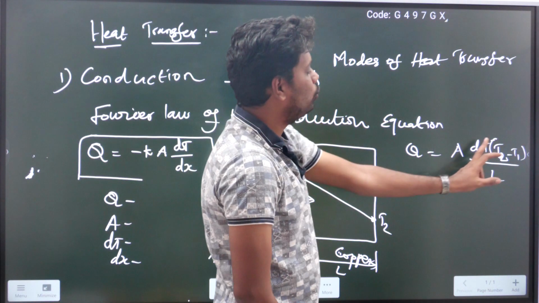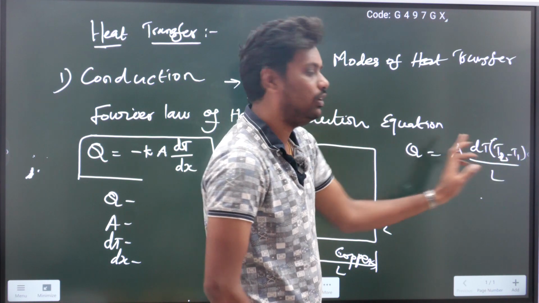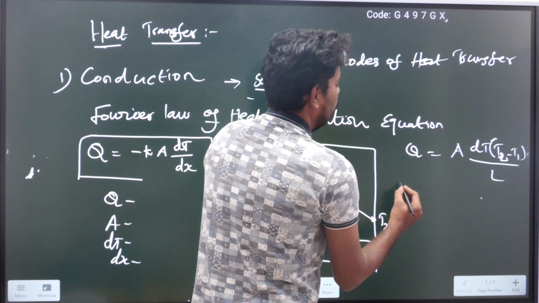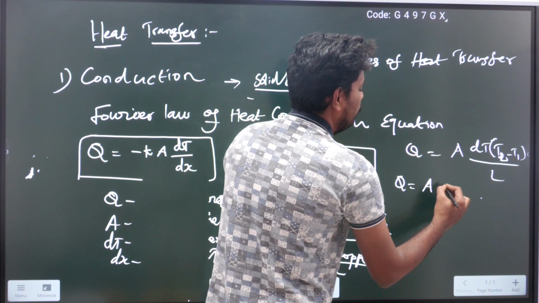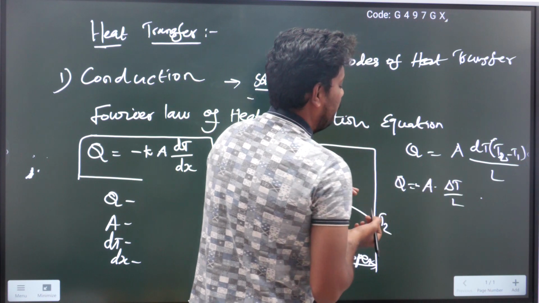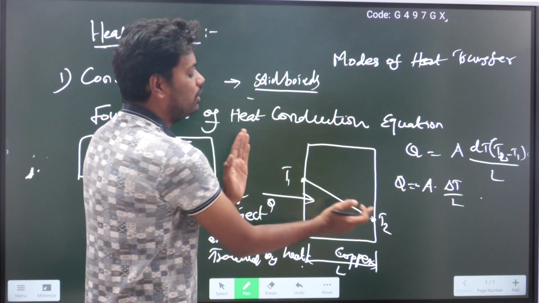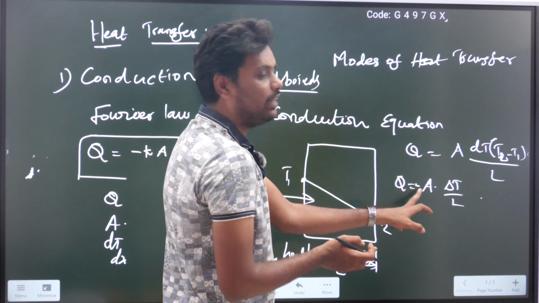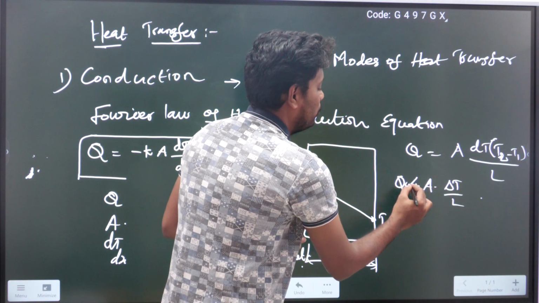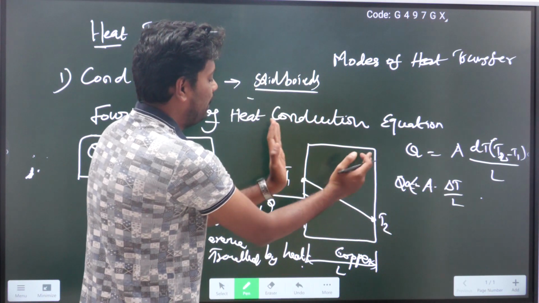Q is equal to A into delta T by L, where delta T or dT is the temperature difference between the two planes or two walls of the given object. Simply, I can write Q is equal to A into delta T by L. Why am I putting this negative sign? The temperature is gradually decreasing, so heat is transferring from the higher region to the lower region. To indicate that, we put the negative sign, Q is equal to minus A into delta T by L, directly proportional to area and the temperature difference between the two plane walls,